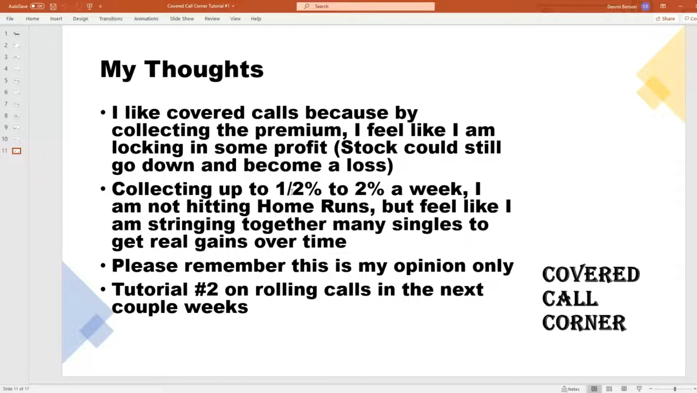I'm trying to collect up to 0.5% to 2% a week, and I'm not going to hit any stocks that are going to triple in a week, okay? But I feel like I'm stringing together many singles to get real gains over time. So I think this is a strategy that works for me, and hopefully if you paper trade this for a while